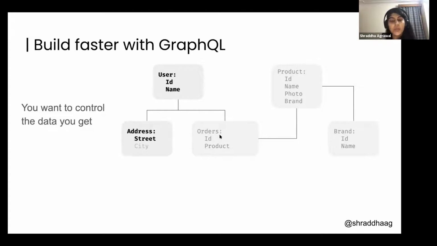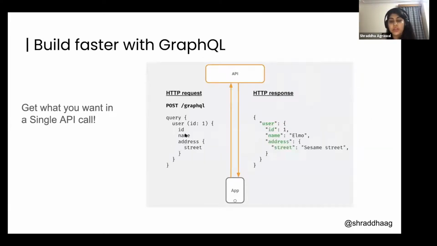Now, when we do this using a REST API, every single one of these models will have their own endpoints, which our clients would query to get the respective data that they need. When it comes to GraphQL, all of this can be done in a single query. So I can say user and define the ID, and then I can also get their address.